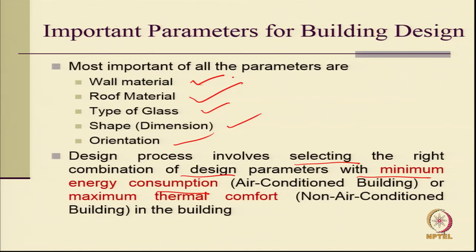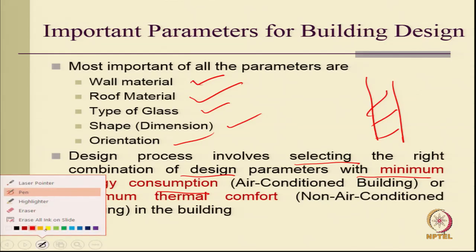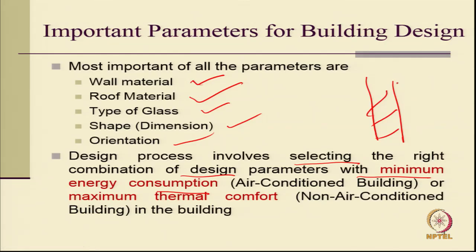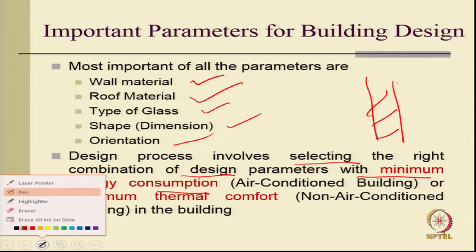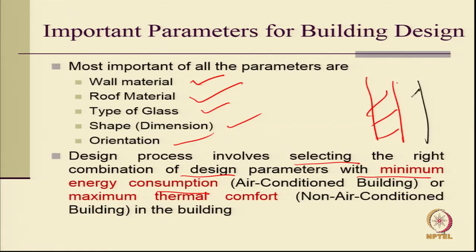Suppose you consider a wall. A wall may have 3 layers, just say for the sake of a simple case: one insulation layer in between, and then again the same layer outside. So, 3 layers. Now, there is a possibility of varying all the layers, and you may have a 4 layer wall, or 5 layer, or n layer walls. In that case the number of possibilities is very large.